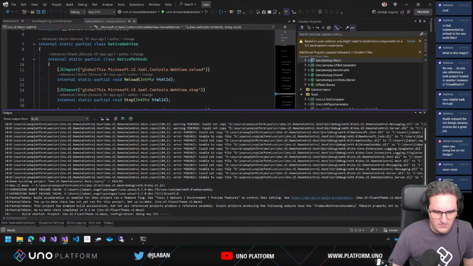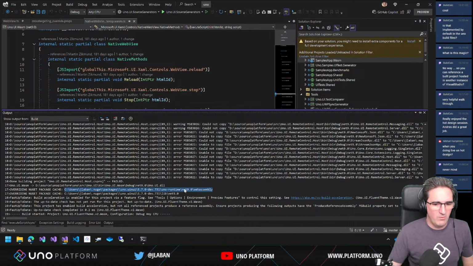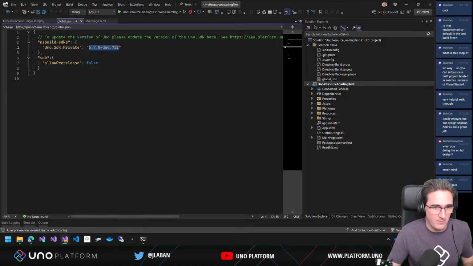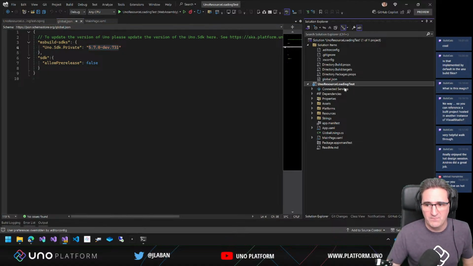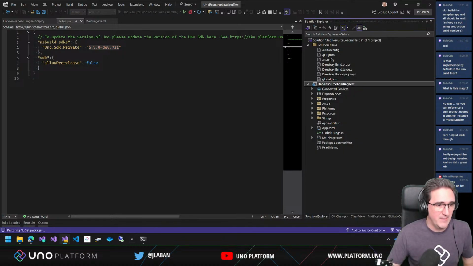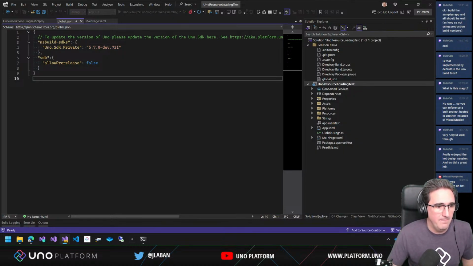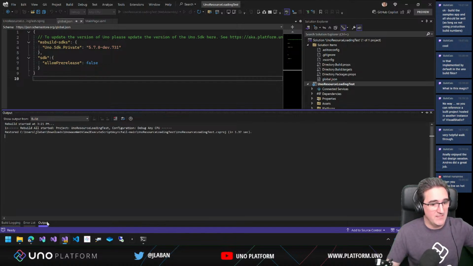So we got Uno WinUI. There you go. That's the one. That one is the output of the WebAssembly version of Uno, and it's overriding the 5.7 dev 7.3.1, so that when you build your other app on the other side, we'll pick up the right binaries. Now you need to make sure that you're rebuilding, because they may not be picked up by default, but it will pick up the latest packages and latest binaries that are in the cache after the NuGet has been